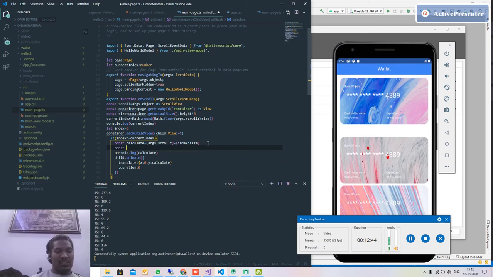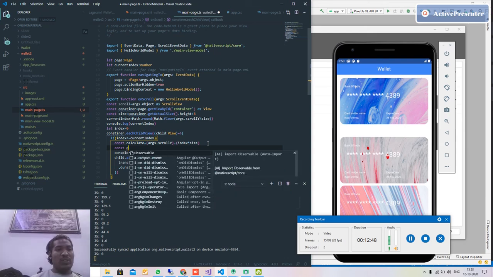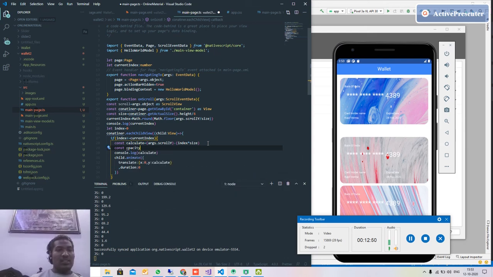So let's calculate how much we need to calculate opacity and the scale. So I just copied it.